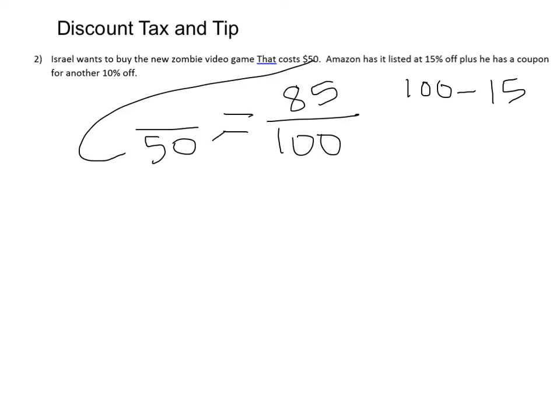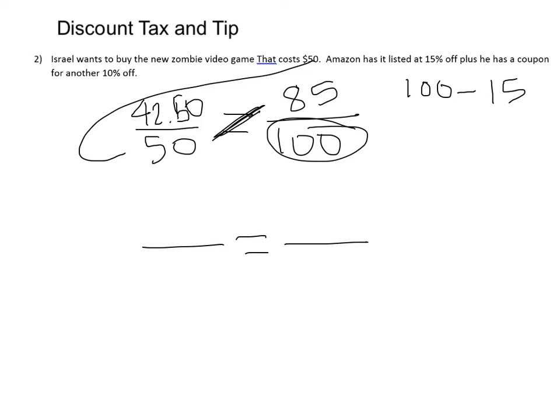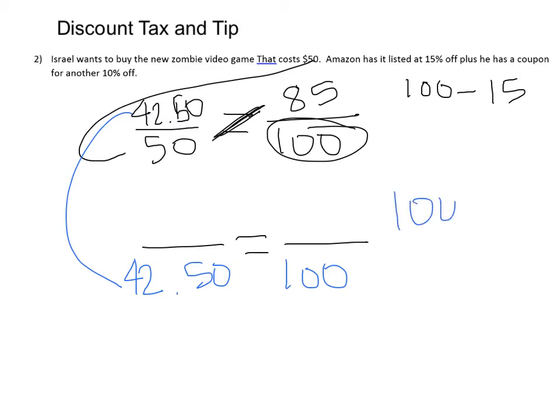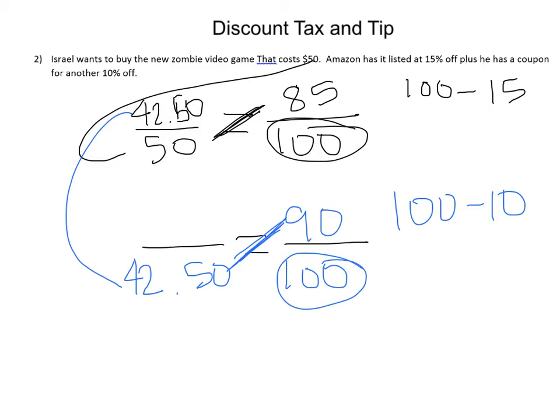Now I cross multiply. 50 times 85 divided by 100. And we end up with $42.50. Now we need to do the coupon. So another proportion. This time the 42.50 is what we're going to put on the bottom left. 100 still stays on the bottom right. We don't have to pay 10%, so we're going to pay 100 minus 10, which is 90. We're going to cross multiply 42.5 times 90 divided by 100. So we end up with a grand total price of